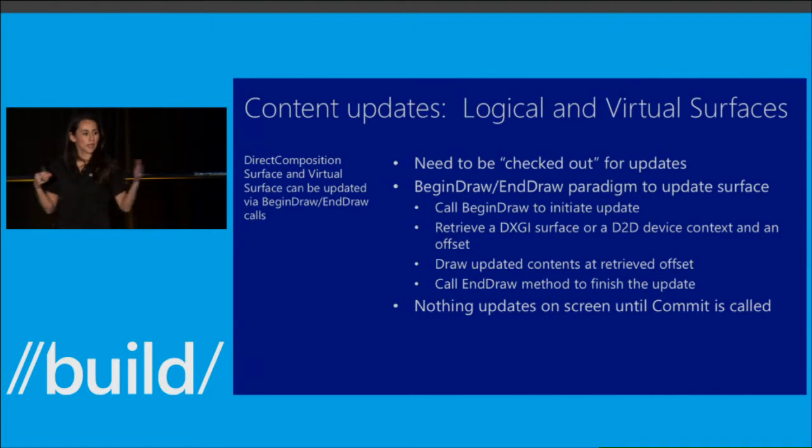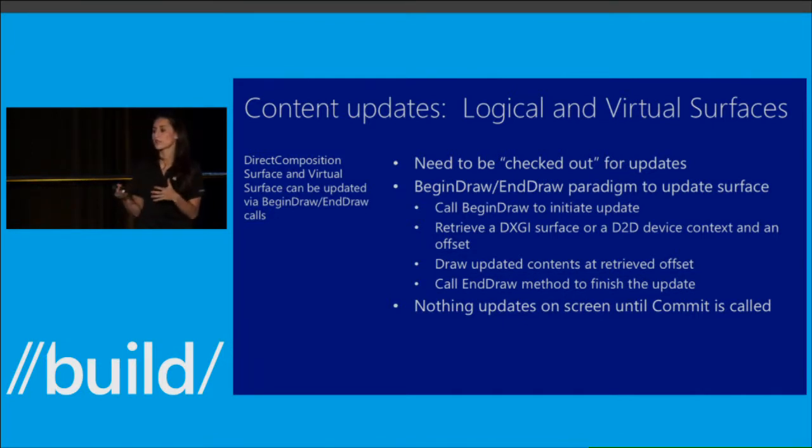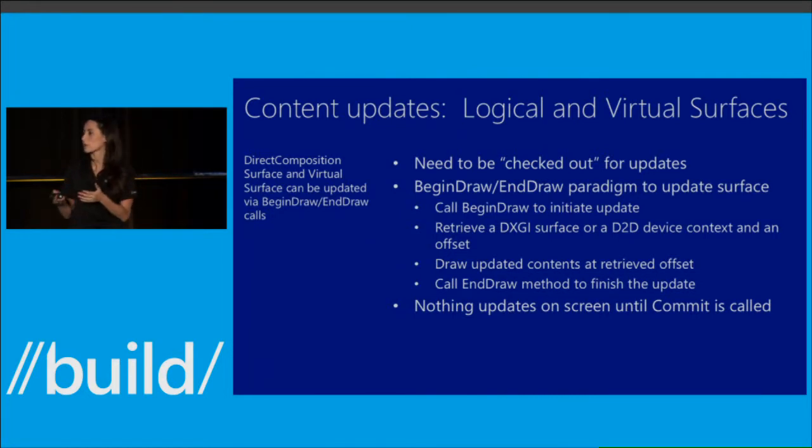So once you create that content, you may want to update the content over time. So if you have a scale transformation and you're trying to go from one bitmap to another, you probably want to update that surface. And so DirectComposition allows you to do this on logical and virtual surfaces via two methods. One's called BeginDraw and the other one is called EndDraw. And they're pretty prescriptive. I mean, BeginDraw just tells you that you want to initiate an update. And when you call EndDraw, we know that you're done with the update. The reason why this is important is because that's the way that you tell us that we are free to show that content on the screen. We know that if you haven't called EndDraw, you're in the middle of rendering,